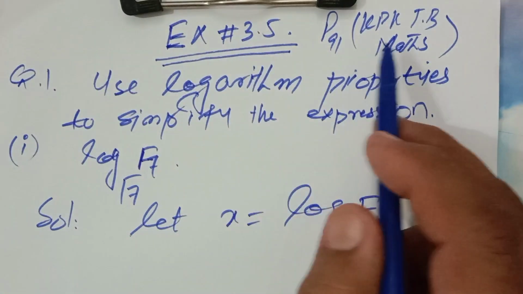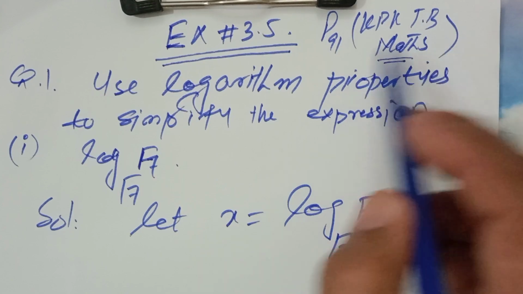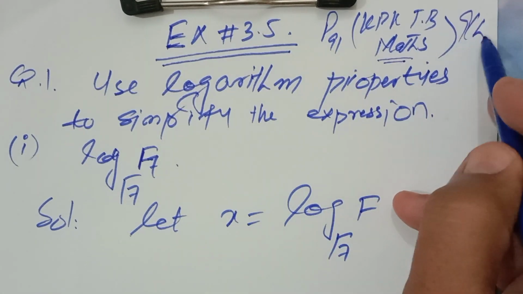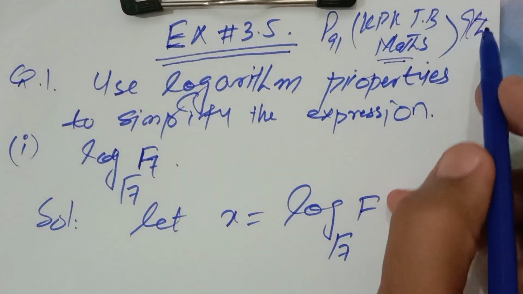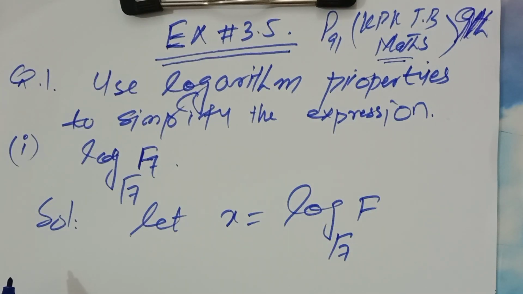बिस्मिल्लाहिर्रहमानिर्रहीम। एक्सरसाइज 3.5 है, पेज 91 है, मैथमेटिक्स है, नाइन्थ मैथमेटिक्स केपीके की टेक्स्ट बुक है। नाइन्थ क्लास मैथमेटिक्स केपीके की टेक्स्ट बुक है। क्वेश्चन नंबर 1 है, यूज लॉगरिथमिक प्रॉपर्टीज टू सिंप्लीफाई द फॉलोइंग